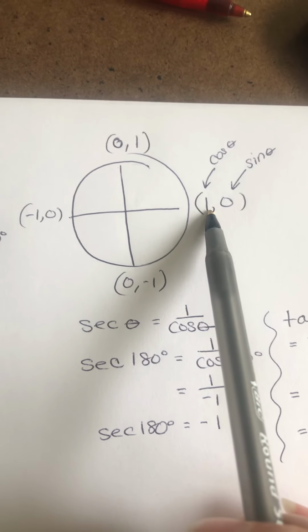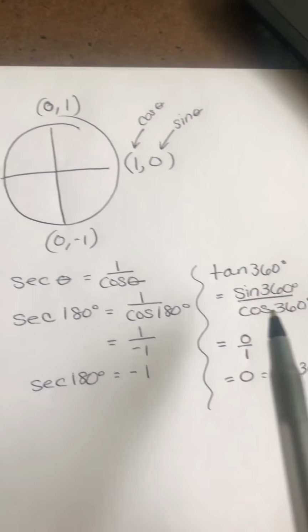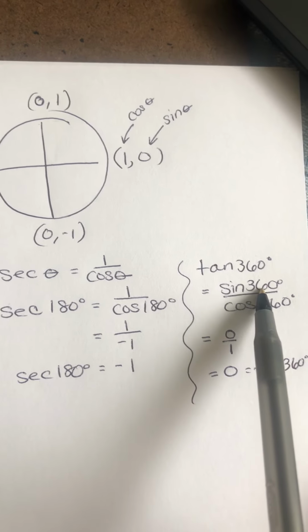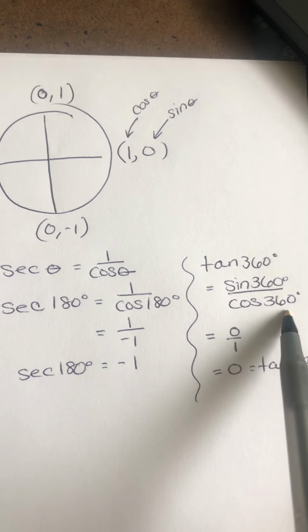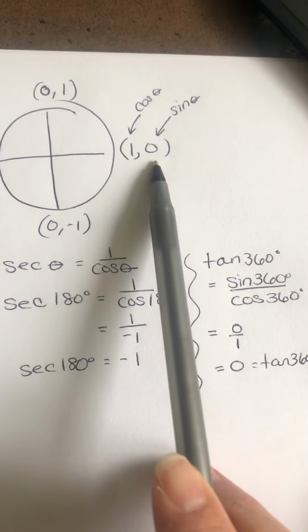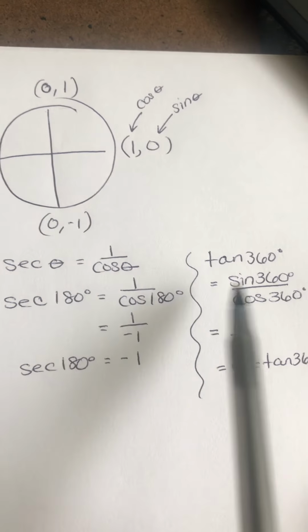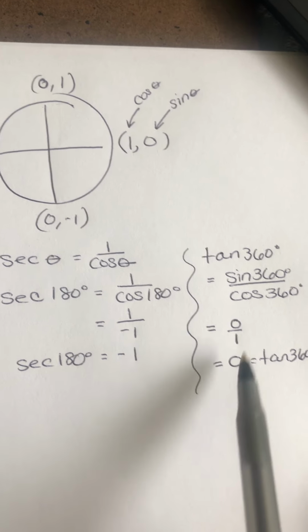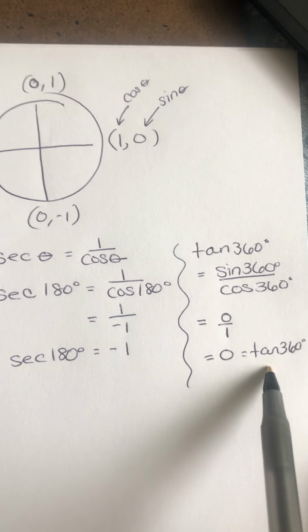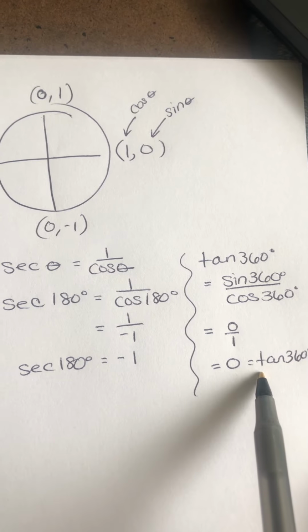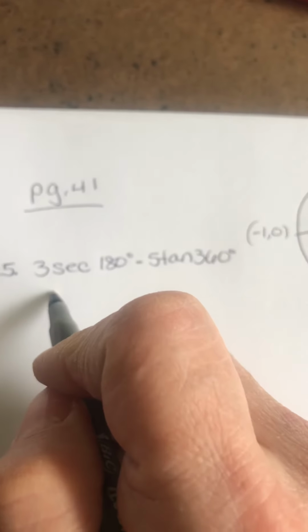So the tangent of 360 degrees is going to be the sine of 360 over the cosine of 360. So since the sine of 360 is 0 and the cosine of 360 is 1, we have 0 over 1, which is just 0. So now taking these values and subbing them in, we're going to have 3